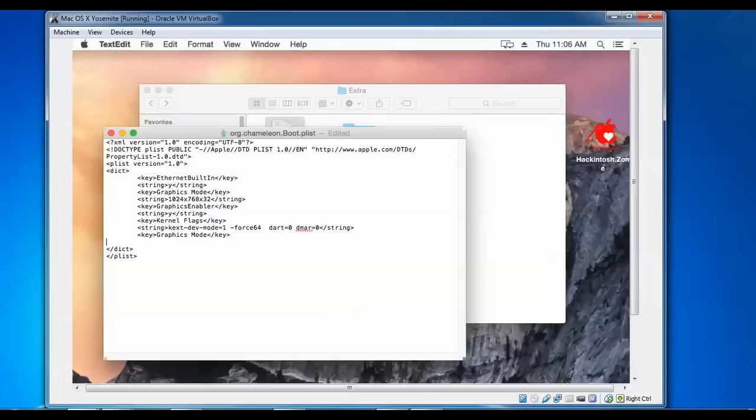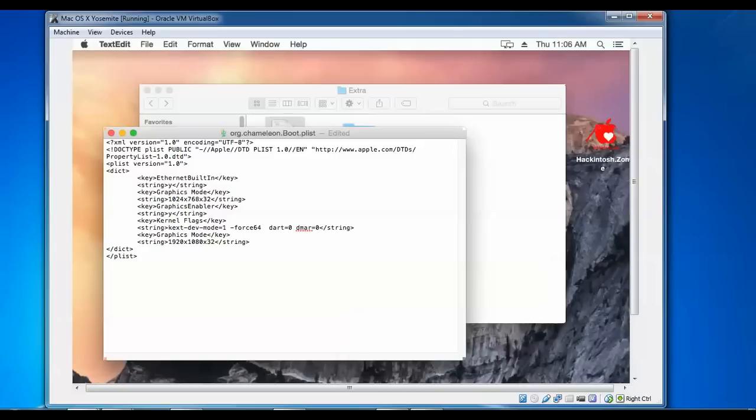We need to press enter again, and you need to come here on the line, press the greater than symbol. You need to type string string, then close this one with a bracket. After that you need to type the screen resolution, that is 1920, which I am giving, into 1080 into 32, that is 32 or 64 bit you can give here. After that you need to give a bracket slash, give string string, and close this one.